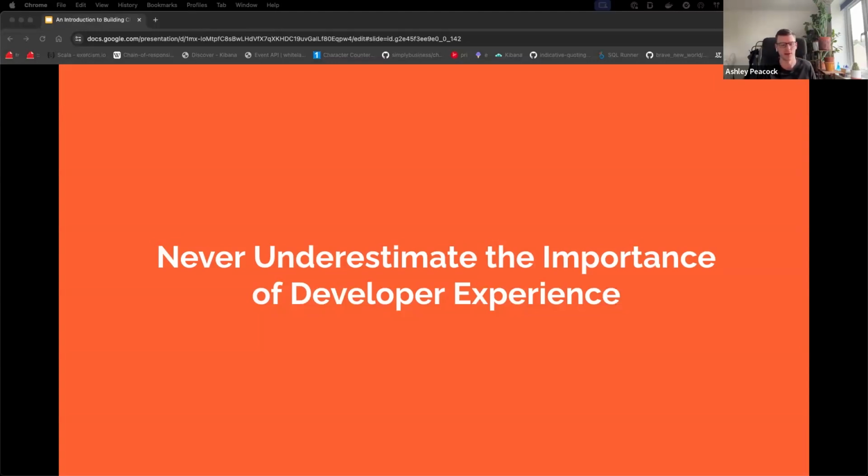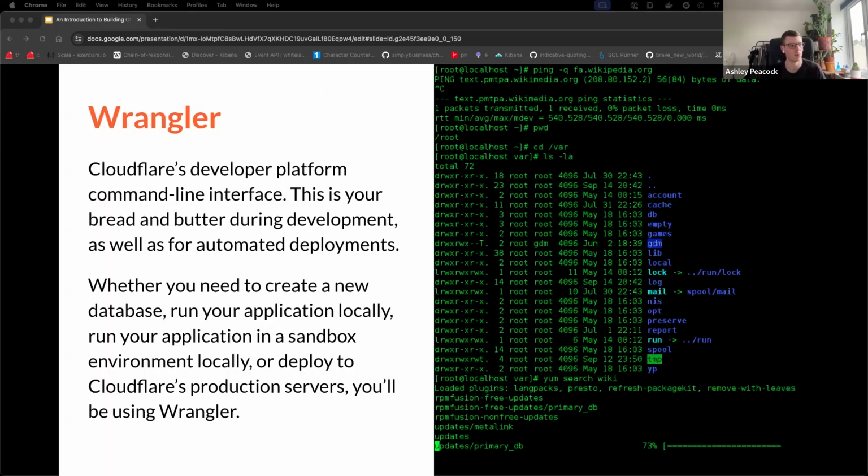So I'm going to talk a little bit about the developer experience and the simplicity of the platform. So Wrangler, on the right is a random image. It's not Wrangler, just in case you're looking for the commands or anything. It's just a random one. But it's Cloudflare's developer platform command line interface. And this is basically what you'll use anytime you need to do something on the platform. So if you want to run your application locally, you can run it with Wrangler, and it runs in the exact same environment that it would run in on Cloudflare servers.